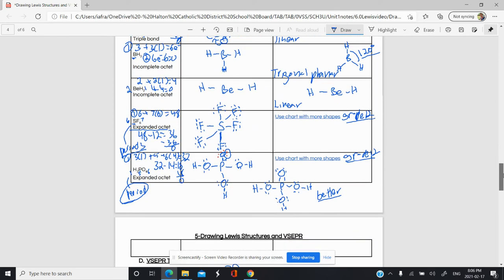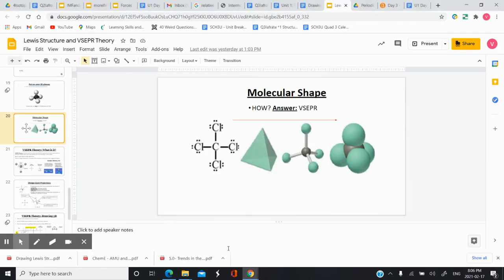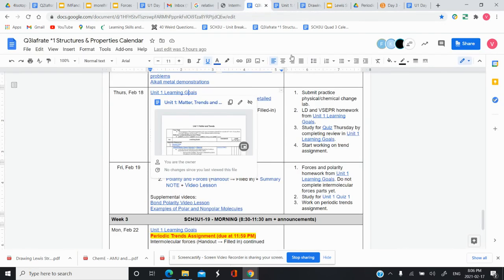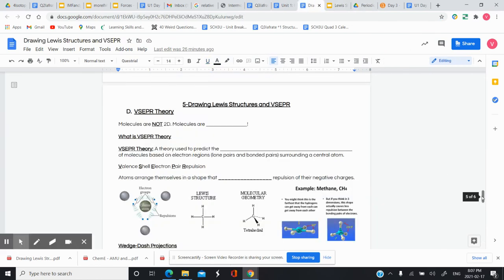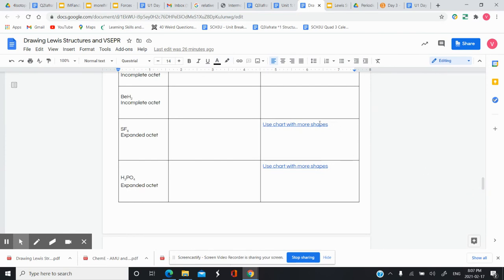And then we get to the example where we have something beyond the chart that you have. This would be more for grade 12, but I'll show you how to use it anyways. It's roughly the same thing. It's actually found in your unit calendar. So we have our unit calendar over here. Or actually, let's go to our note. Our note for this right here, because I linked it. So right here,